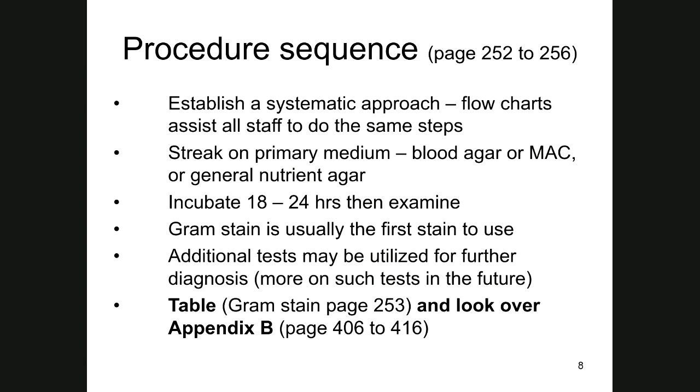Generally, a general nutrient agar will be used, or blood agar, or what's called MacConkey's. Now, we have already introduced you to those type of names in the previous PowerPoint. Generally, you want to incubate at about 37 degrees Celsius. That will be a test question. 37 degrees Celsius or centigrade is what you generally want to incubate at,